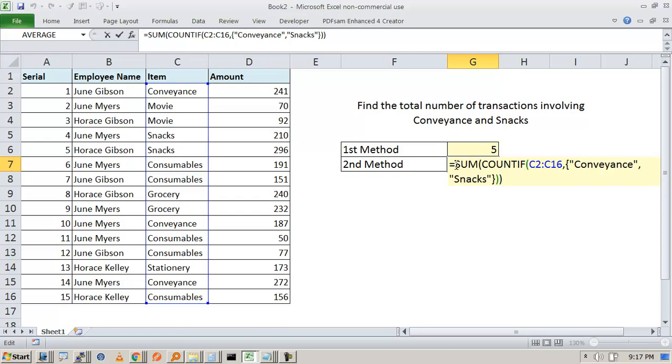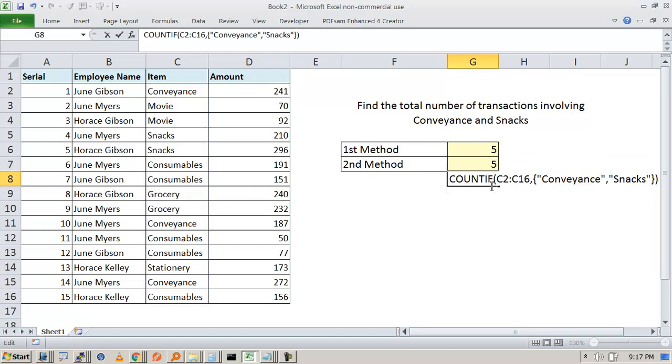Please remember, this SUM is very important. If you don't give the SUM and you want to compute, you will get into a problem. Let's say I have entered a formula here and even if I press Ctrl Shift Enter, I will still get only 3 because I have selected only one cell. I have not selected the second cell.